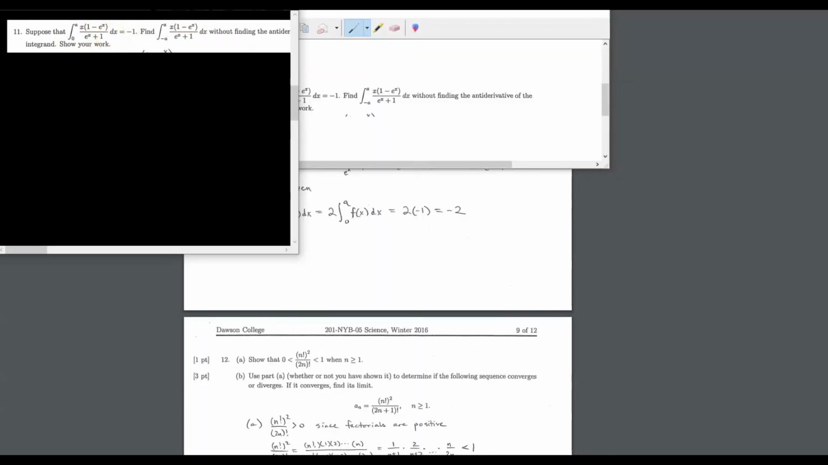Alright guys, next question is: suppose that the integral from 0 to a of x times (1 minus e to the x) over (e to the x plus 1) dx is equal to negative 1. It's asking us to find the integral from negative a to a of that same function without finding the antiderivative of the integrand. So non-traditional methods. Basically we have to find whether the function is even, because in your textbook you'll see